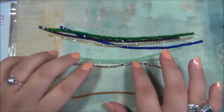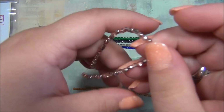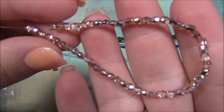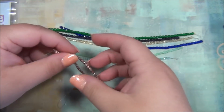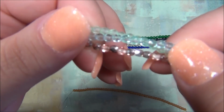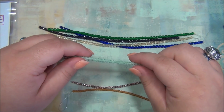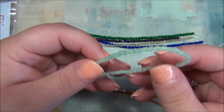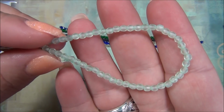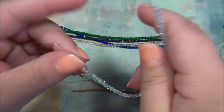And then the next one is the crystal half copper, which is really pretty. I actually love all three of these together. I think those are pretty together. And the next is the matte light peridot, and peridot is my birthstone. That's really gorgeous. I love that green. And this one is the winter blue,